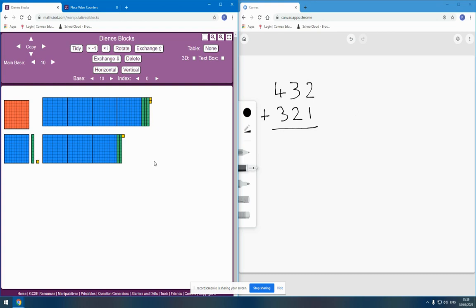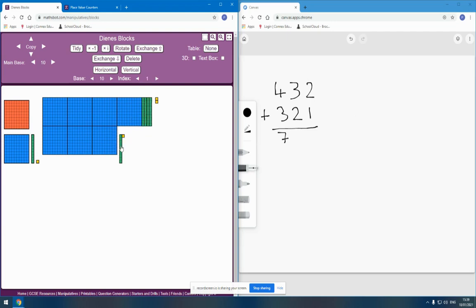Now, because of the numbers I've chosen, it doesn't actually matter whether I connect the hundreds together, then the tens, then the ones, or if I connect the ones, then the tens, then the hundreds, or even if I connect the hundreds and then the ones and then the tens. It really doesn't matter here at all. So I could just say, right, well, I'm going to connect these 100 areas together, which has given me a total area of 700. And then I'm going to move my ones a little out of the way so I can connect my